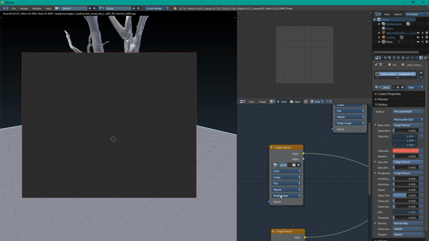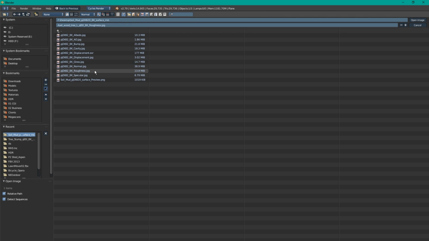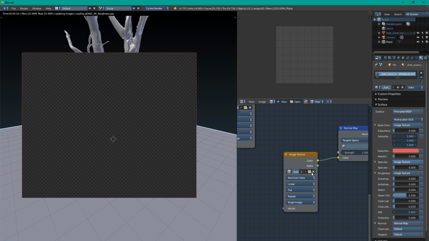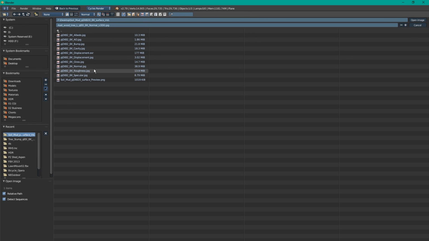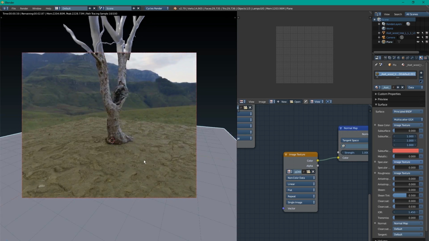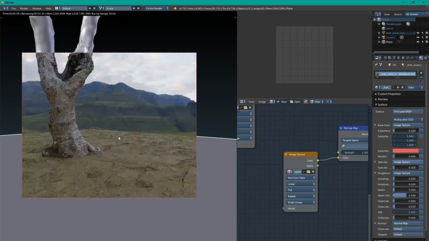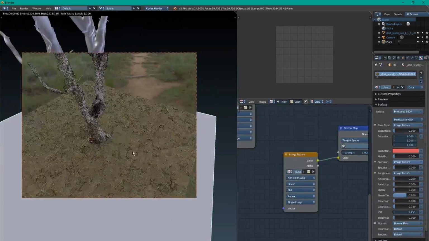So it's just plug and play at this point, plugging in each of the textures for the ones that we had, roughness, and then finally the normal. And there you go, there's your ground plane. We'll bring it up a little bit so there's that. Now obviously this doesn't look really great because it's super flat,